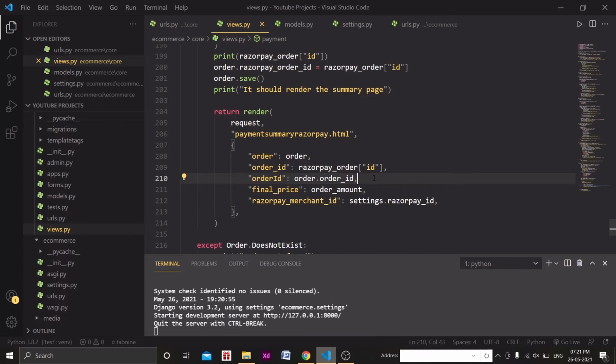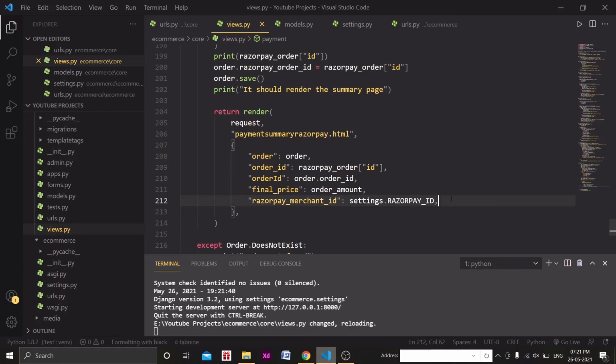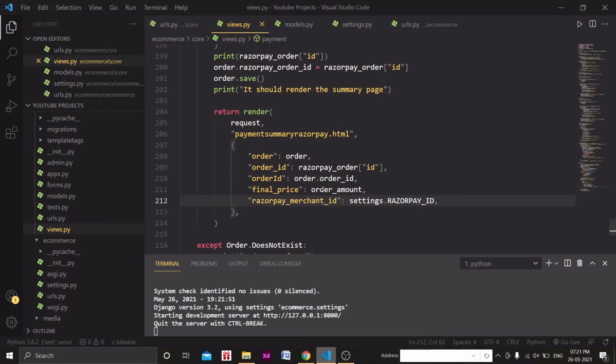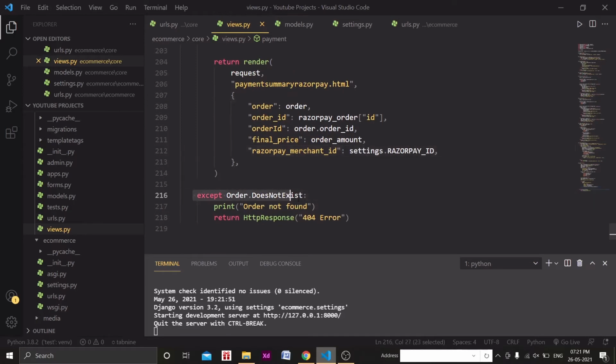Then we are passing the final price, and the Razorpay merchant id, which is settings.razorpay_id. Now this should work actually. Okay, so the error is not here, and except if the order object does not exist, then we will directly return some response, or we can redirect the user to the order list page. This is what we can do here.